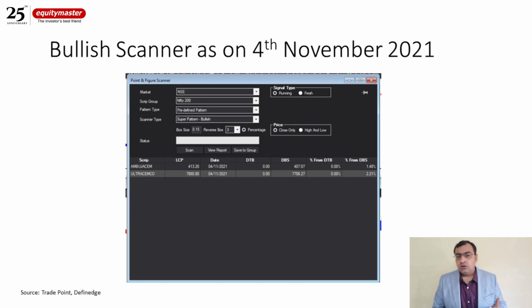Whatever stock selection you do, whatever stock bias you have, you can trade those stocks. So let's look at how this has performed on Monday, the 8th of November, which was yesterday. Look at the momentum. I am buying right at the opening of the stock. I repeat, I am buying right at the opening of the stock. I'll explain what stop loss system and what trailing SL I am using here. So look, I bought it right at 9:15 at open, or probably 9:16.